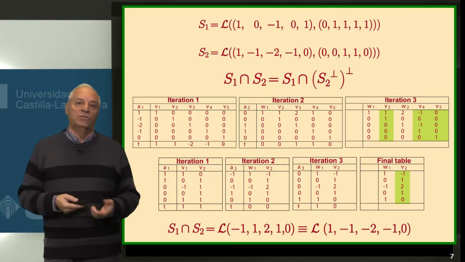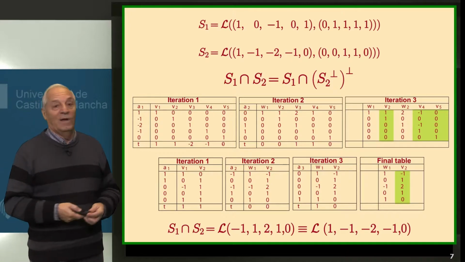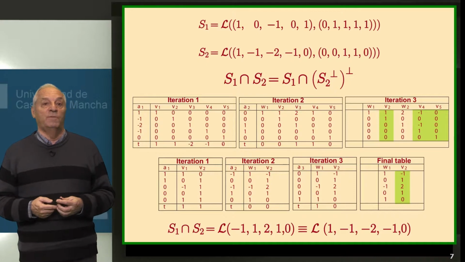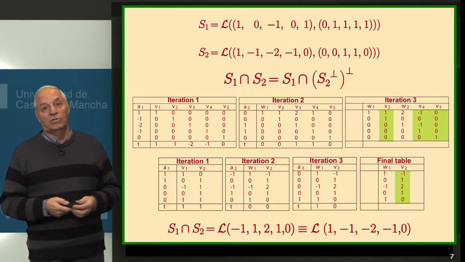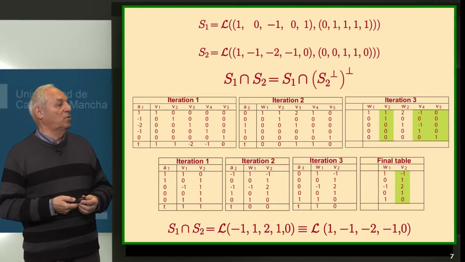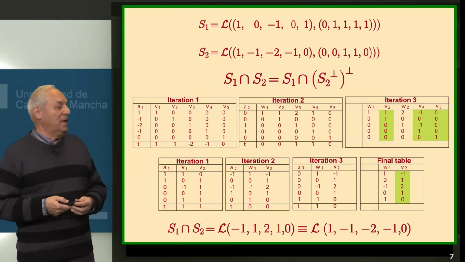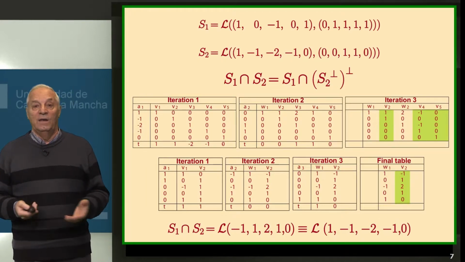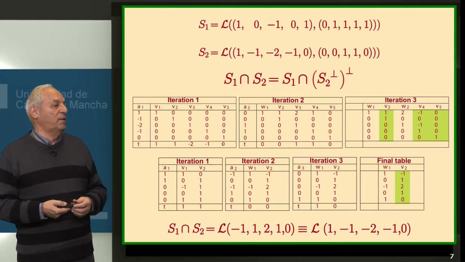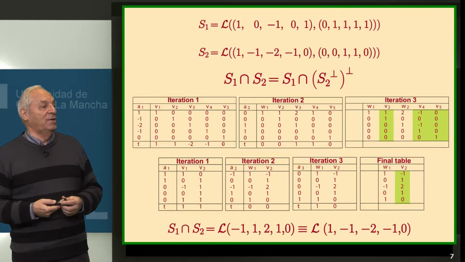Therefore, how are we going to calculate the orthogonal subspace? In subspace S1, we have to put the generators of S1, that is, 1 0 -1 0 1, and 0 1 1 1 1. In iteration 1, as you can see, instead of the unit matrix, we have the set of generators of the subspace S1. Now we enter the three vectors that were in green previously, those three vectors, those who generated the